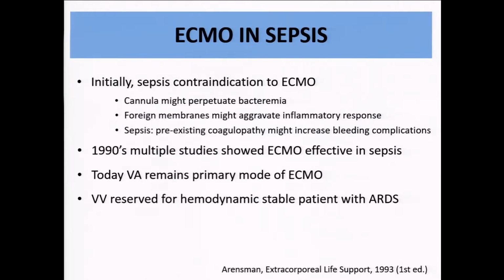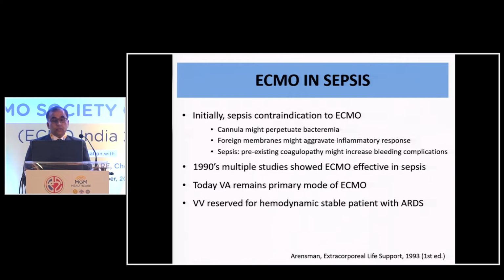So if we talk about sepsis, initially sepsis used to be a contraindication because we were worried that possibly a cannula circuit will disseminate the bacteremia. There is a foreign membrane which further increases the inflammatory response, and the coagulation issues which are already there with sepsis can be worsened. But in the initial reports in 1990, they showed that ECMO can be successfully used in